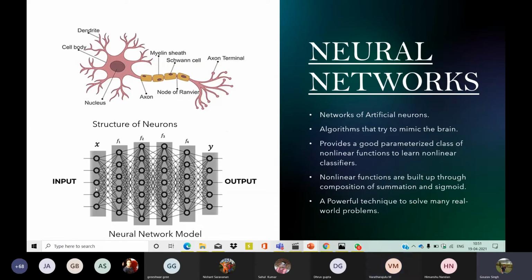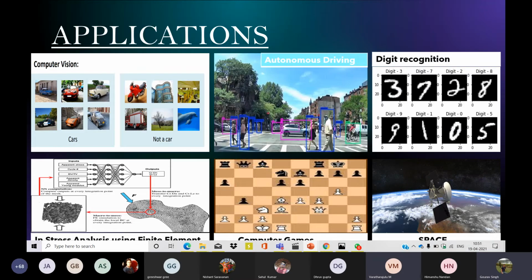What gives it extra benefits? With each progressing layer, this model learns from its previous features. That is an advantage of neural networks. So it is a very powerful technique to solve many real world problems. Let's move to see some of the applications of neural networks. We all know neural networks have a very great role in computer vision, autonomous driving, and digit recognition. Most people are familiar with these.